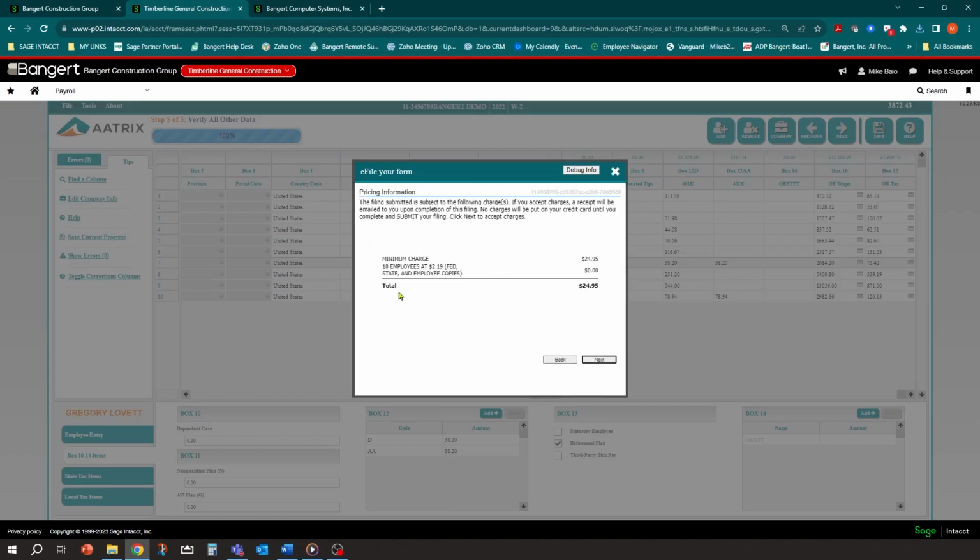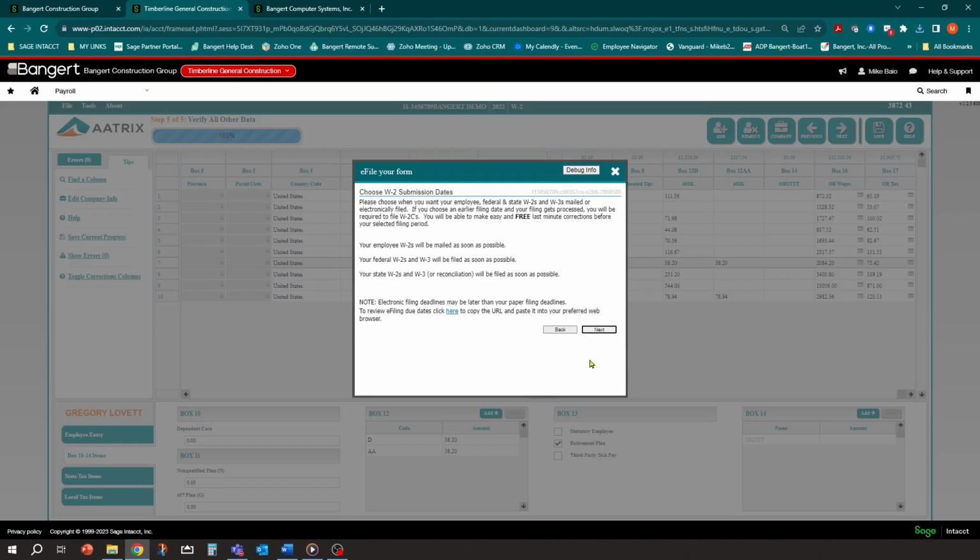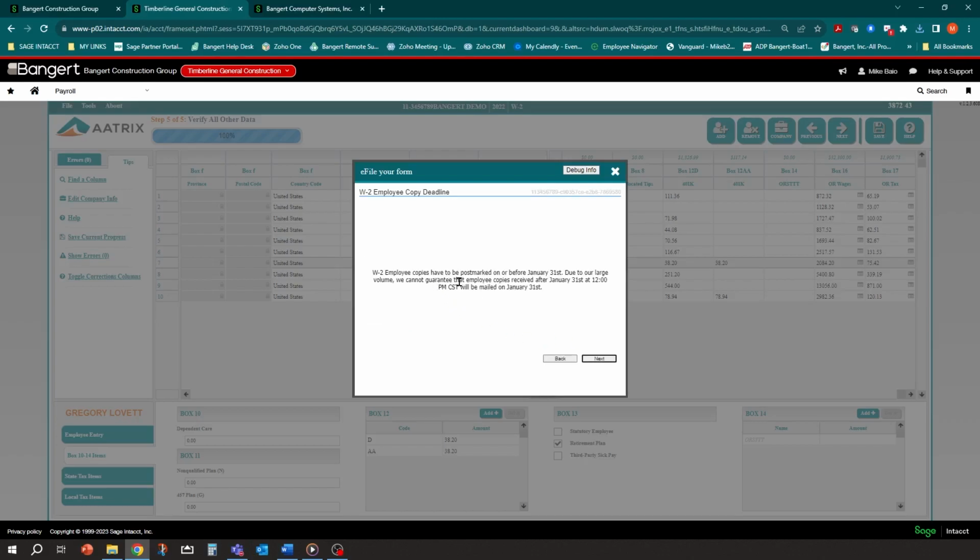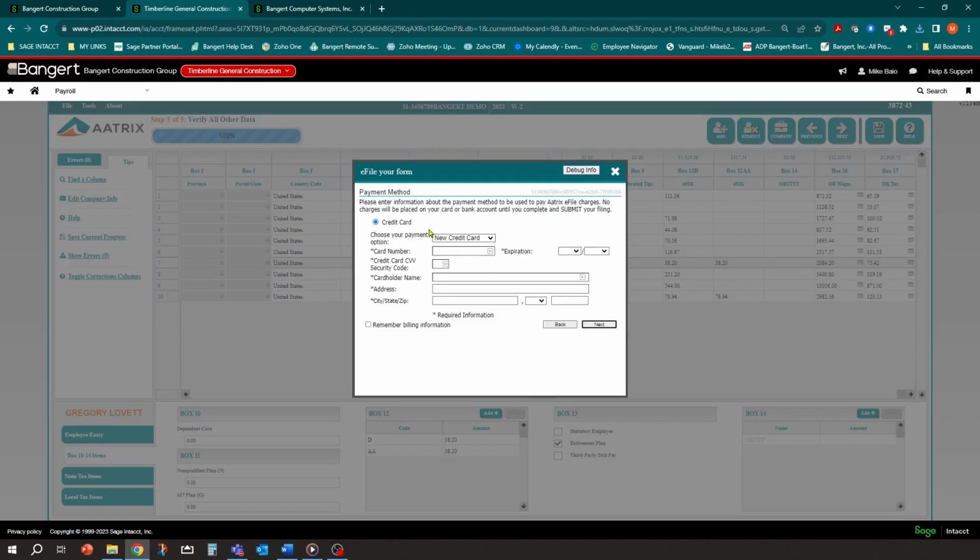And basically it's going to give you a place to say, okay, here's what your total charge is going to be. And at that point, basically it's going to e-file as soon as possible is what it's saying here. And then when I next through it, now it's going to ask you for payment information for that $24. So this is where we'll stop because I don't have a credit card to put in. But basically, you're just going to keep going, nexting through here, and then you'll submit at the end, and your W-2s will now be e-filed. You'll get an email notification that they went through from that point, and that's it.